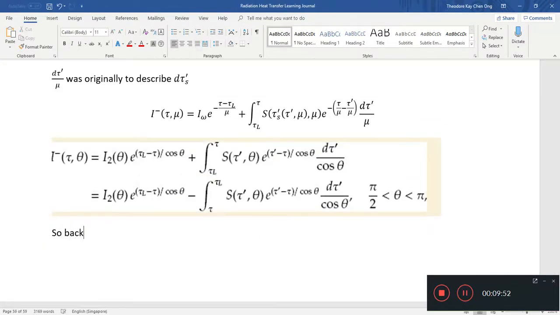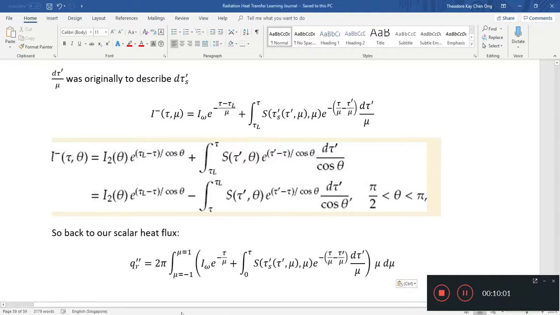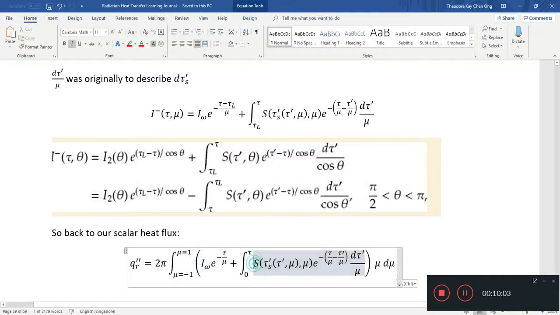So back to our scalar heat flux. This is our scalar heat flux, and what we need to do is to integrate this I,